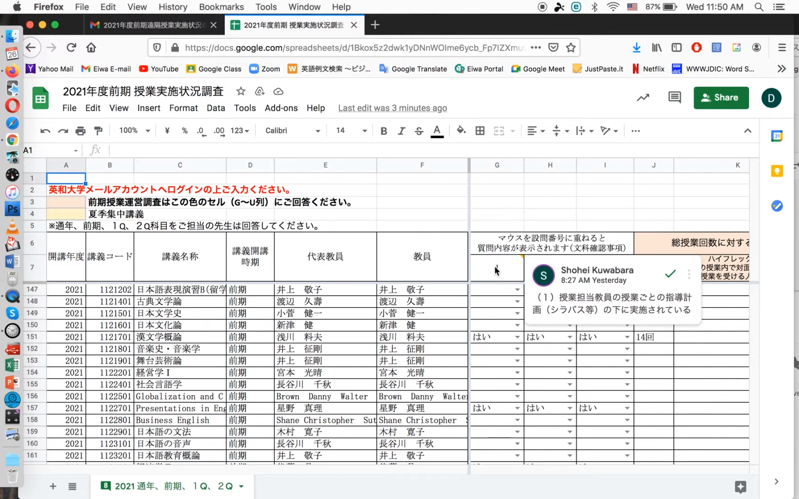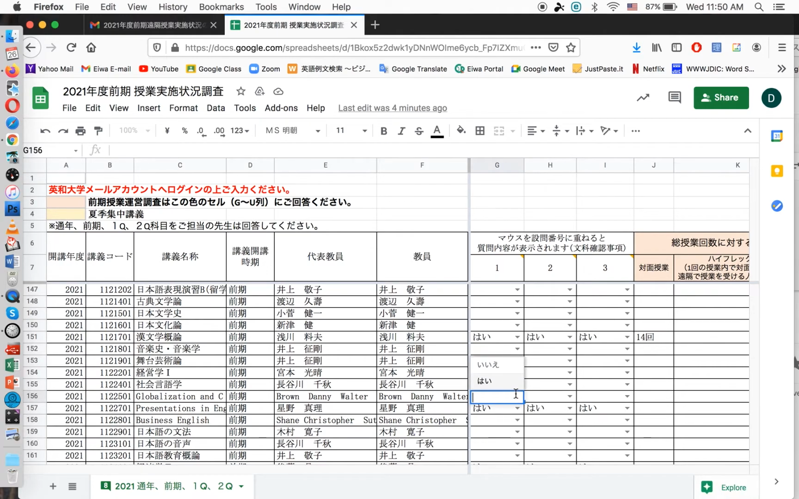So hopefully you're following your syllabus carefully. If you're not, then you put no. If you are, you put yes. So we click here, and I'm going to do this, which is yes, and it means yes, I'm following my syllabus. Okay. Now the next one, number 2,